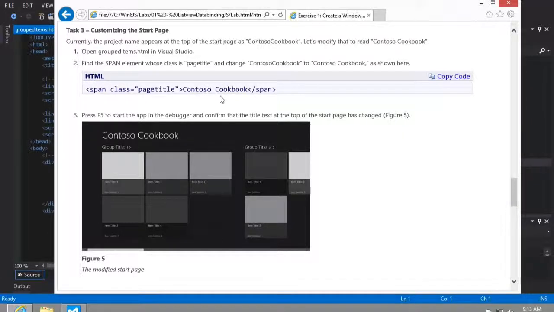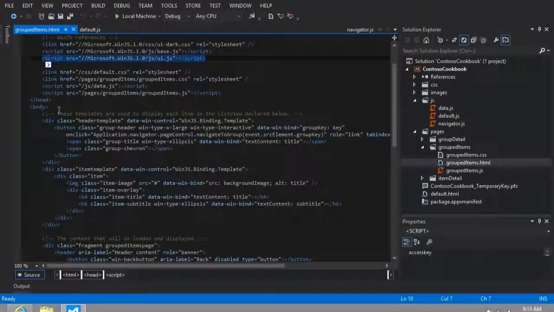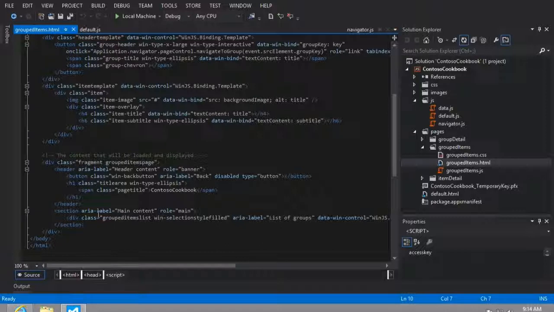So it looks like what it did was just take the project name and just use that as the kind of the page title in our application on that main page. So to change that, we just need to find that span class equals page title here, and I found it. It's near the bottom, and